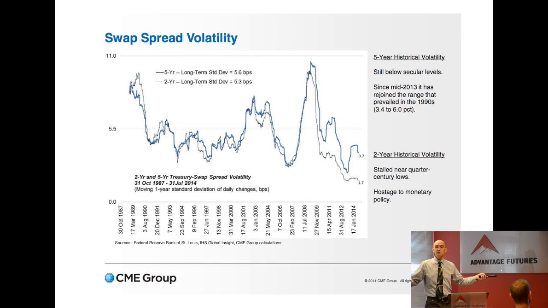And old-timers will recall that that's when the swap spread kind of grew into adulthood. That's when this became a trade that people want to do a lot. So, at least at the 5-year term to maturity, there's stuff already that you can put to work for yourself. So there's volatility that makes this worth